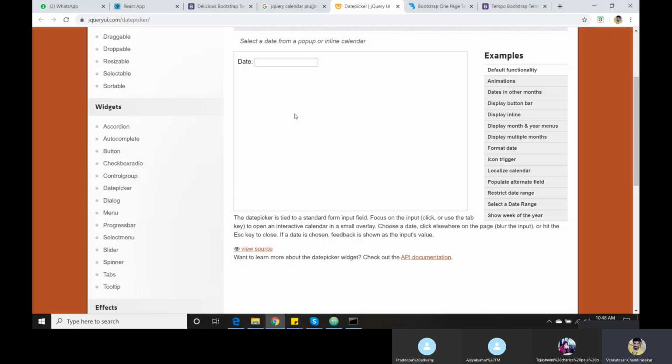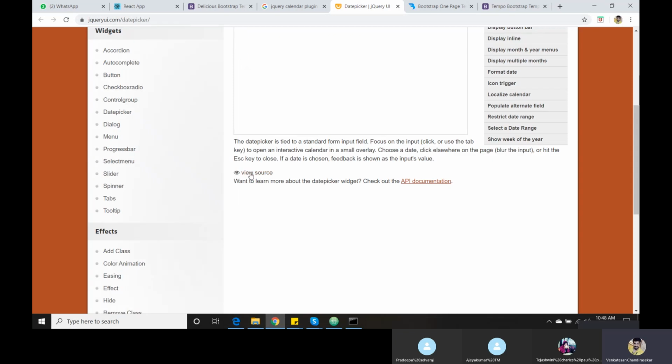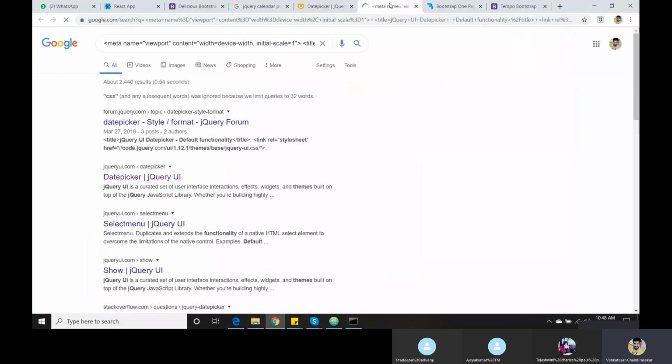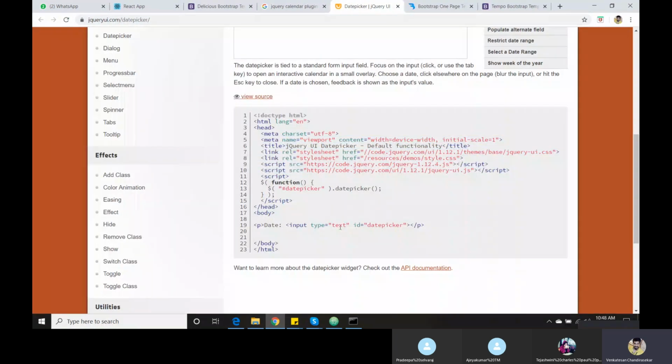In the same way, with a jQuery plugin, they have the calendar already coded. We can simply use that plugin with this code. Suppose we use this plugin in our index.html: input type text, date picker, id. Whenever you click based on your id, it will open the date picker.